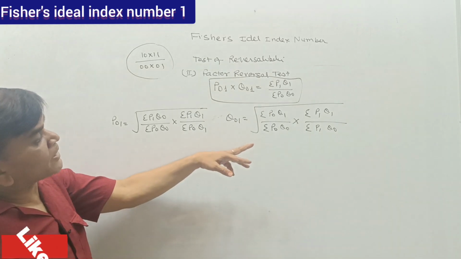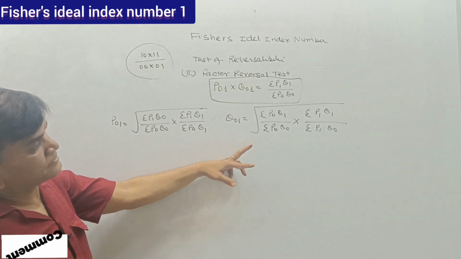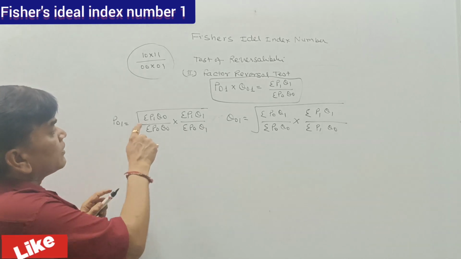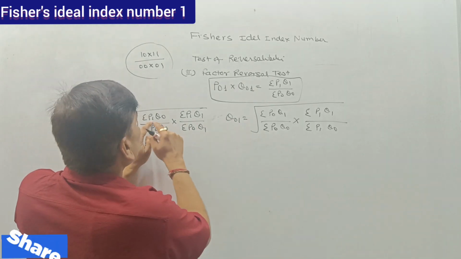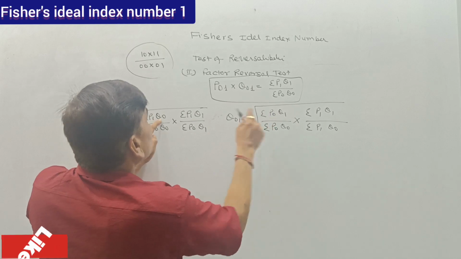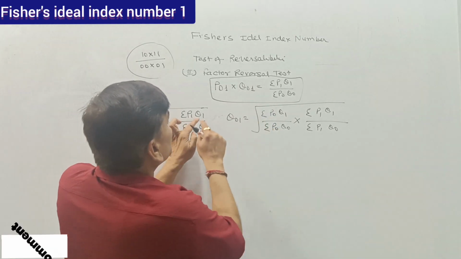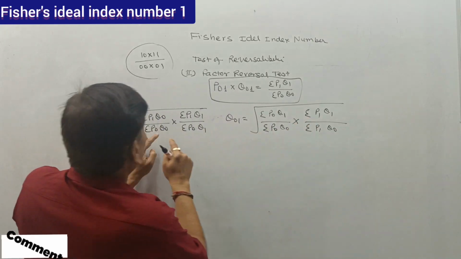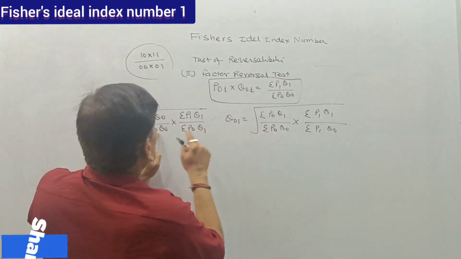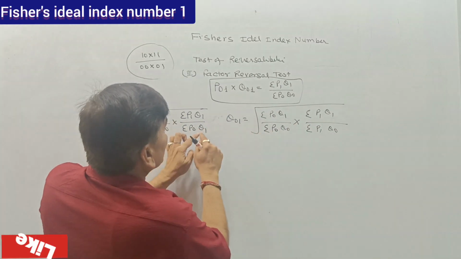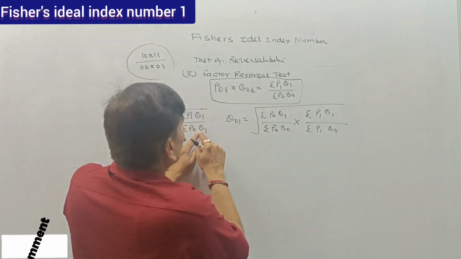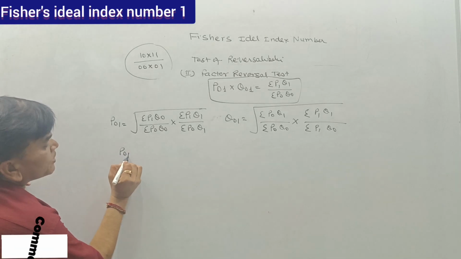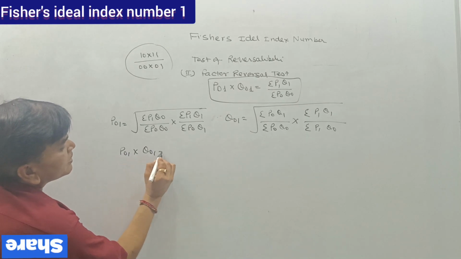This we will call the quantity index. What we have done, again I am explaining, we are having P1. So P1 changes to Q1, Q0 changes to P0, P1 changes to Q1, Q1 changes to P1, P0 changes to Q0, Q0 changes to P0, P0 changes to Q0, Q1 changes to P1. So the multiplication of both, P01 multiplied by Q01, that is